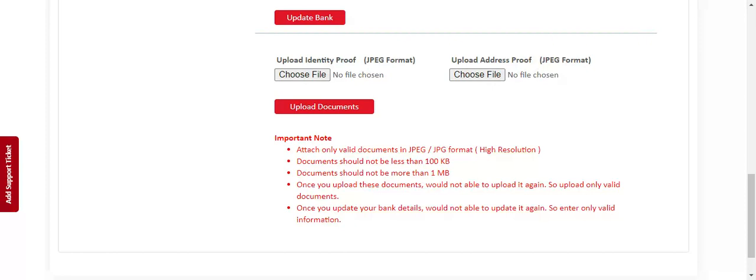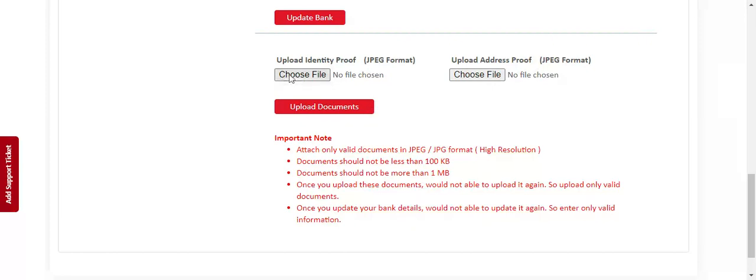So what you have to do, you have to take a copy of your PAN card for identity proof and for address proof, Aadhaar card. Just do a self-sign on those documents, which matches with that given document. Sign on it and then take a photo, copy of that, and make sure that the size is what is permitted over here, 100 KB and less than 1 MB. Once you ensure that, you can select those documents.